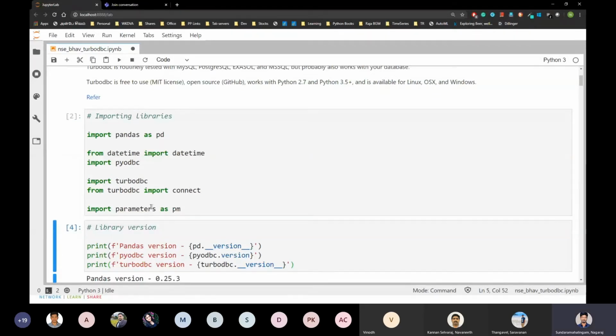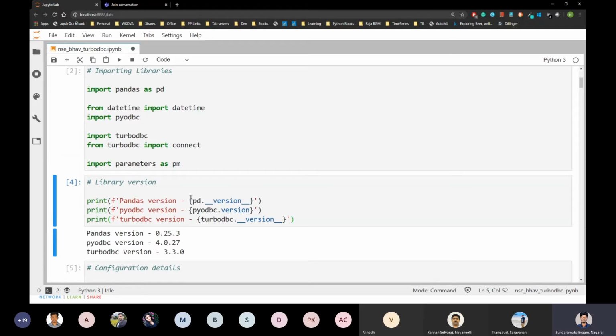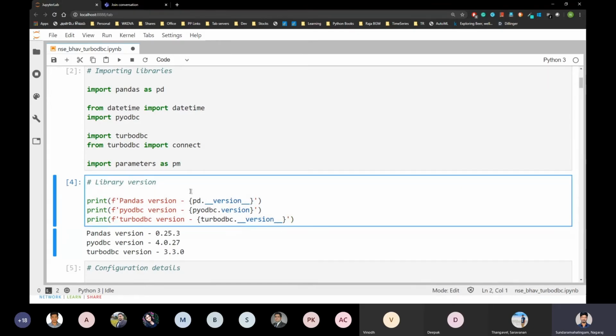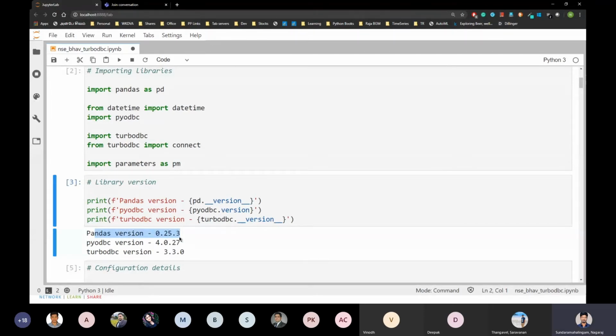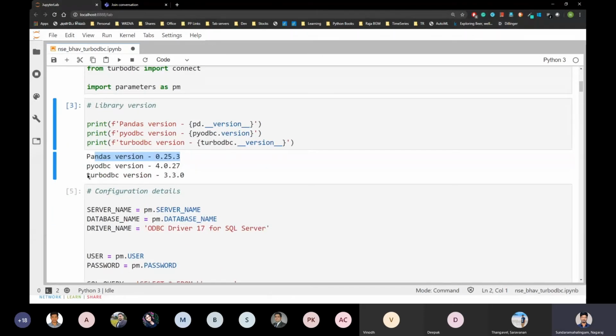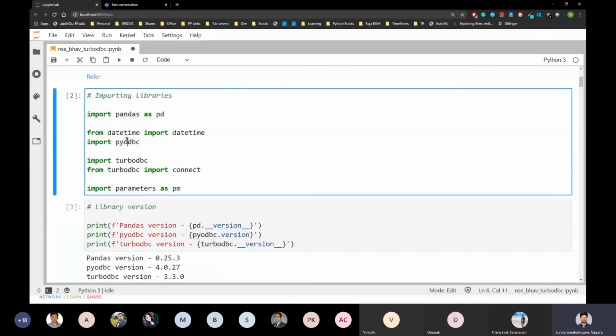I'm using JupyterLab, since I cannot connect my local SQL Server from the cloud, so I'm using this instead of Colab. Here the Pandas version is 0.25.3, and I'm using the PyODBC method, the library to connect Python to a SQL Server.